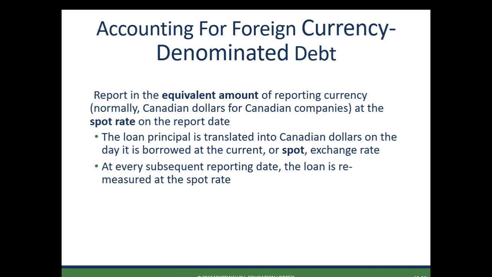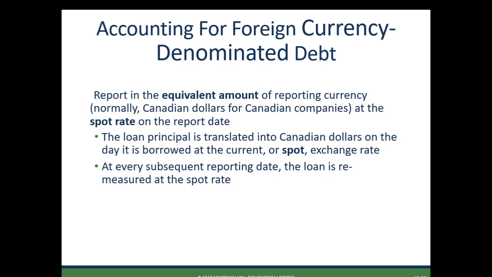So when it comes to accounting for exchange rate fluctuations, the underlying valuation of foreign currency monetary liabilities is that they should be reported on the balance sheet in the equivalent amount of reporting currency at the spot rate on the reporting date. So that is a very complicated way of talking about what we looked at in last class, where we look at the exchange rate on the date of the transaction. We adjust at the end of the accounting period and adjust again for the exchange rate when it is actually